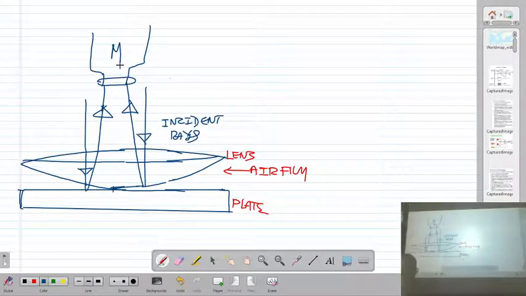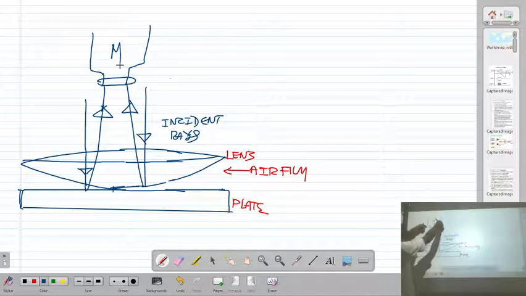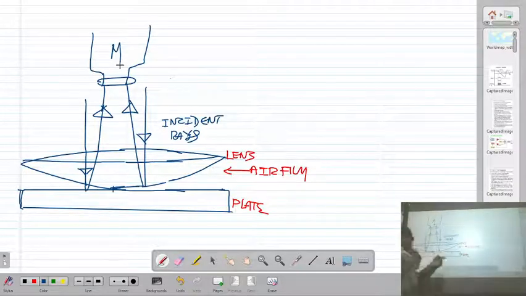In Newton's ring experiment, a planar convex lens of large radius of curvature is placed on an optically plane glass plate, so that an air film is formed between lens and plate. When the rays of light fall normally on the air film, one ray is reflected from the upper surface of the film, and the second ray is reflected from the lower surface. They superpose and produce interference. As a result, we will be able to see the rings around the contact point.